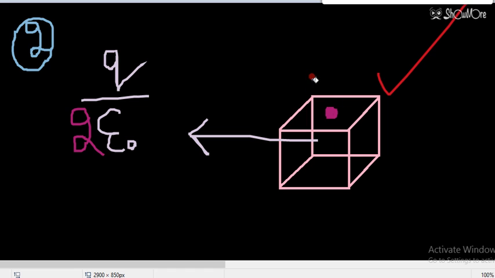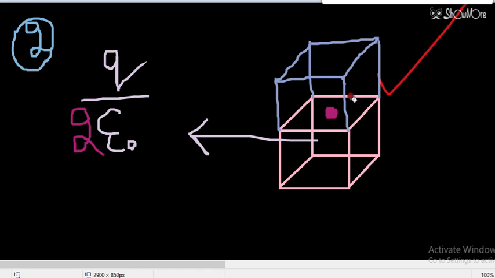I am repeating the question. To enclose this charge, we need another cube, which I am drawing here. So that means 2 cubes were required to enclose this charge. One is below and one is above. So in total, when there are 2 cubes, the electric flux will be Q by epsilon naught. But when 1 cube is there, the flux will be reduced to half, because only 1 cube is there.